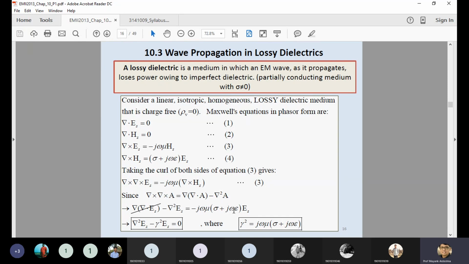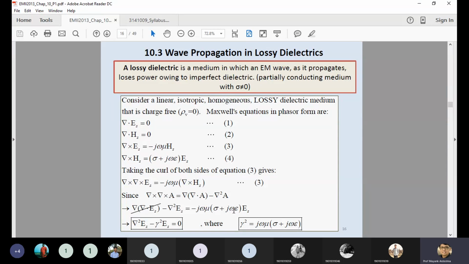Now, these two equations you have to convert into the frequency domain. So the del by del t term may be replaced with j omega. j omega is what? It's a conversion from the time domain to the frequency domain. It's almost similar to the Laplace transform, where it is s. Now it is the frequency domain, so it's omega. So you are getting the j omega term, and instead of B, you can put mu into H.